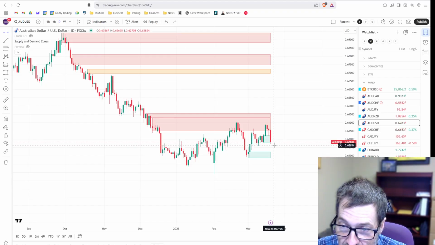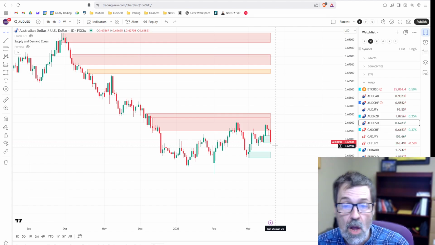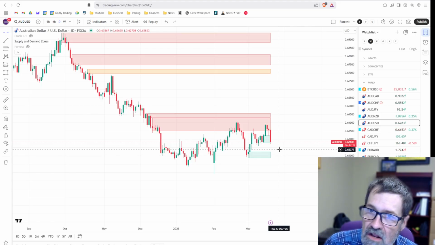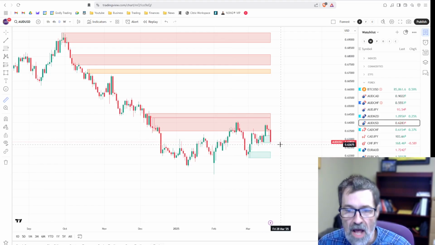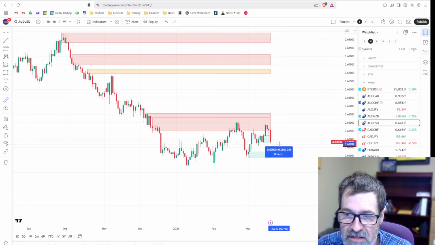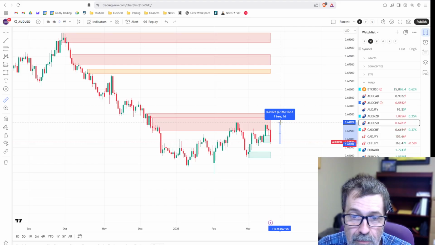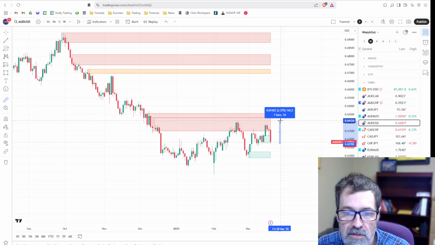If price, in fact, breaks this right here, call it 62.60, then yeah, we're probably going all the way back down to 62.00. But that's not a lot of room there. If you think about, okay, where's the logical place to put my stop? If I'm waiting for price to break this, which is fine, my logical stop is going to be up here past the spot where it bounced last time. So you're looking at 142 pips.